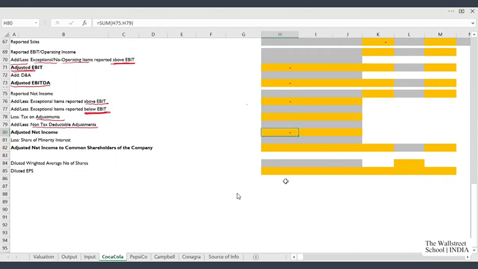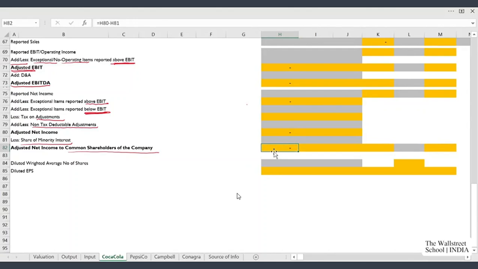Once we are done with the clean net income, we need to adjust the share of minority interest. So we have to subtract the share of minority interest to get adjusted net income available to common shareholders of the company, which will be total clean net income minus share of minority.